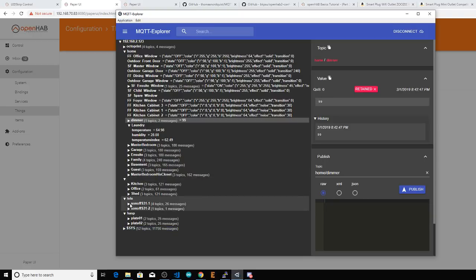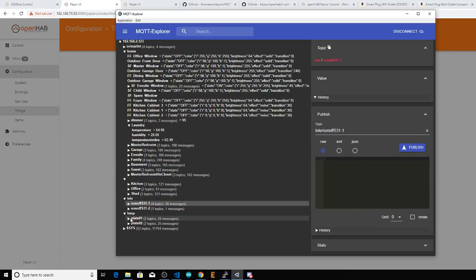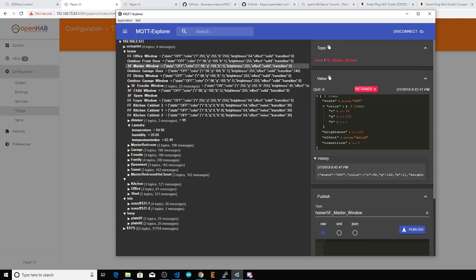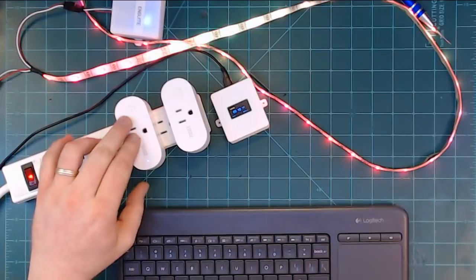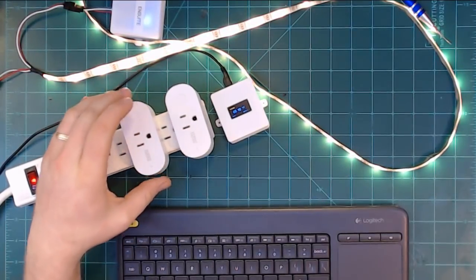Might not have set them up yet with these. Because I have separate Sonos, and then I have, let me show you, these that I literally just yesterday used to